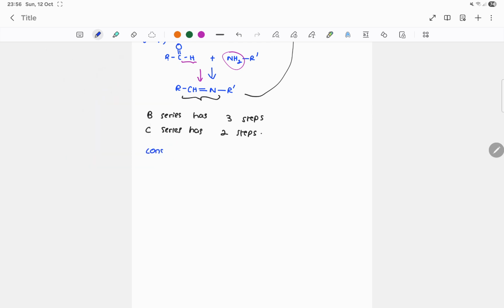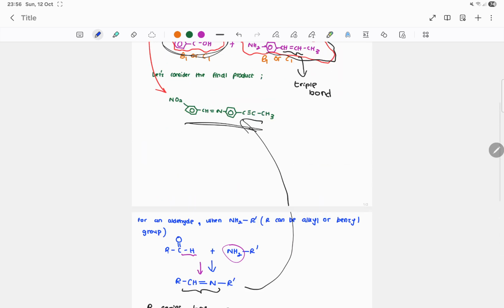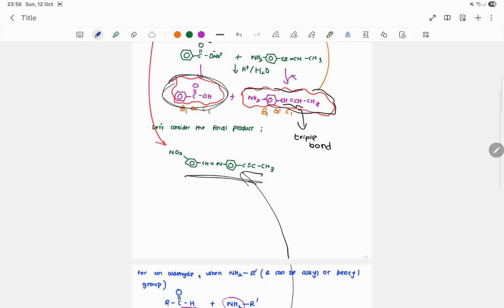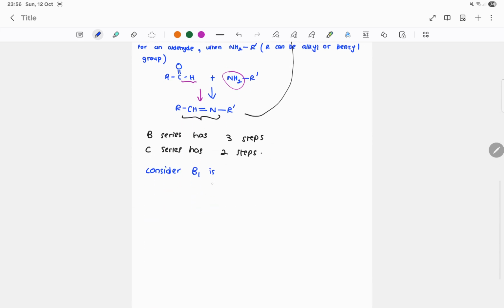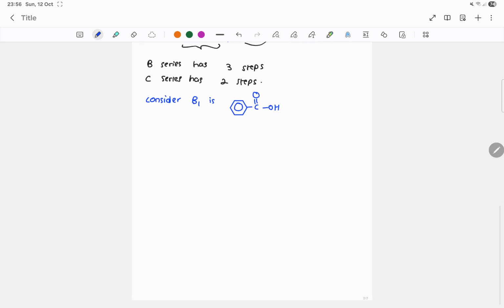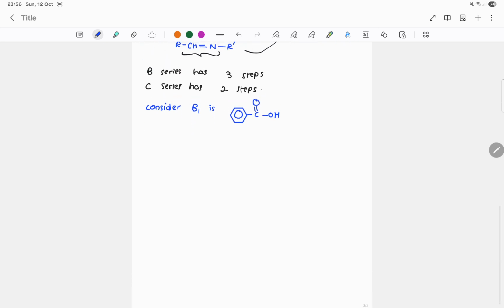I will consider B1 is this one. Okay, this carboxylic acid double bond. B1 is OH. So if B1 is OH, I want to convert this guy into this one, NO2 COH. I want to convert it into this. Then the first step will be,